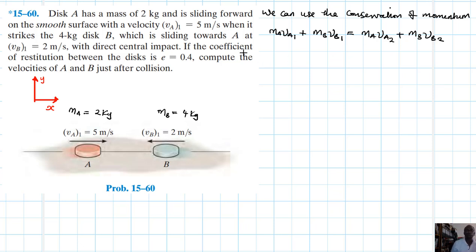All right, so adding numbers to this, we'll have a 2 like so, and then by 5